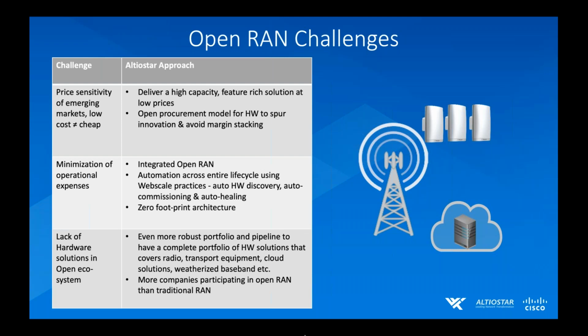Okay, typically, when an operator goes to deploy a RAN network, there's 2 or 3 usual suspects, right, that they approach. But now, whether they want to deploy an IoT application or a fixed wireless application or a massive MIMO application, there's a lot more variety available. And because of the momentum that the industry is going through and a lot of tier 1 operators are aligning to this, this number of companies is just going to explode. Okay.